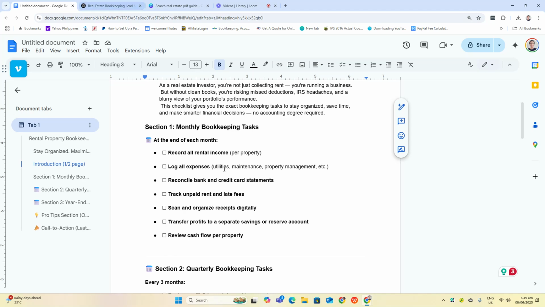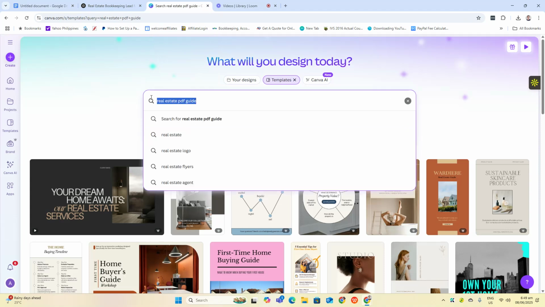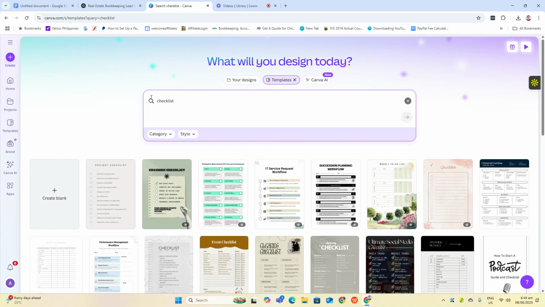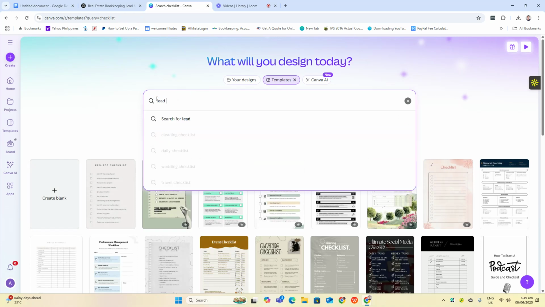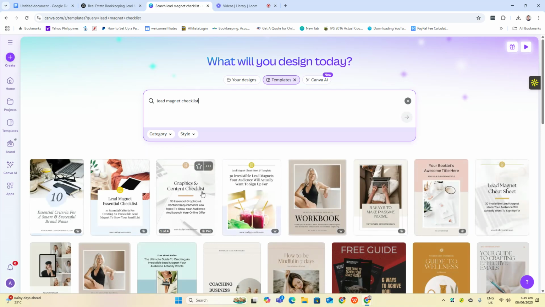The next step is you can search here in Canva. Okay, let's try. Checklist. Let's try checklist. Lead magnet checklist. Okay.